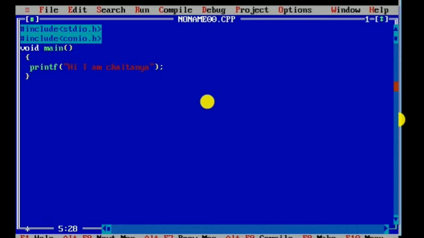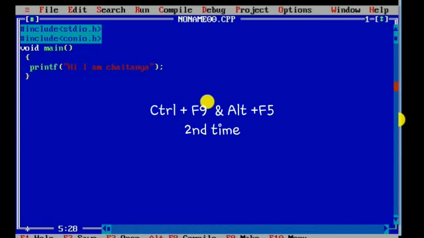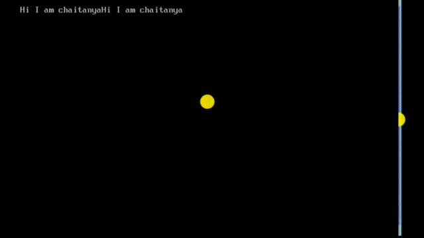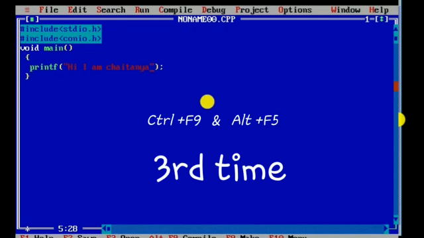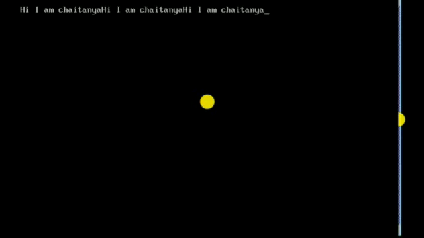This is the one statement I can print on the output or console screen by using the printf statement. Now I again execute the same program by pressing F9. This is the second time. Two outputs are there, but I want to see only the latest or present output, yet two outputs have appeared. Now I execute the program a third time, and again we got three outputs.